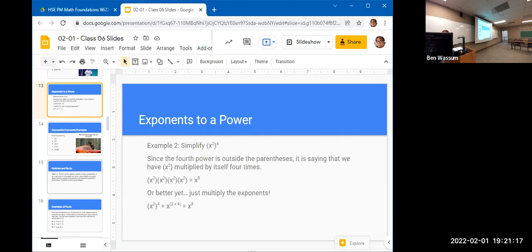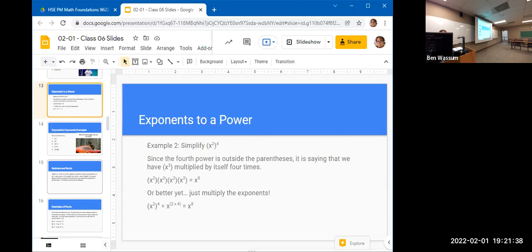Well, because all of these are multiplying together based on what we just learned, you would add all the powers, right? So you'd have 2 plus 2 plus 2 plus 2. You'd have x to the 8th. So because it ends up working out that way, the shorthand way of doing it is you can actually just